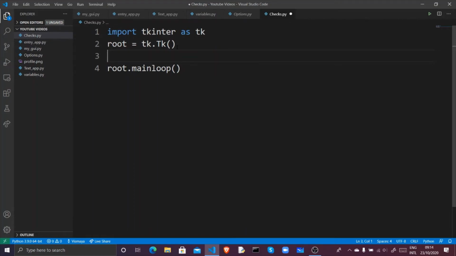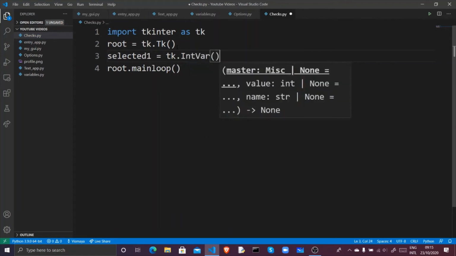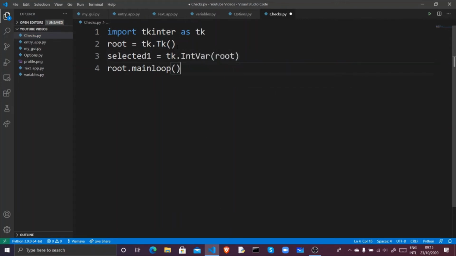variable for the check button, and this is to check if it is selected or not. So we'll call this selected_one, and we'll call this tk.IntVar, with our parent root. Then here we'll have to have our check button, so we'll have to say